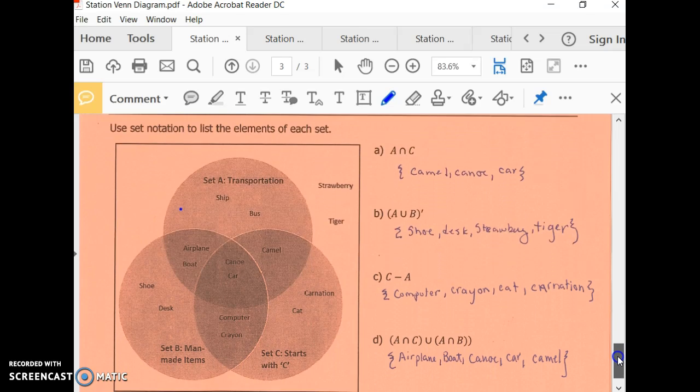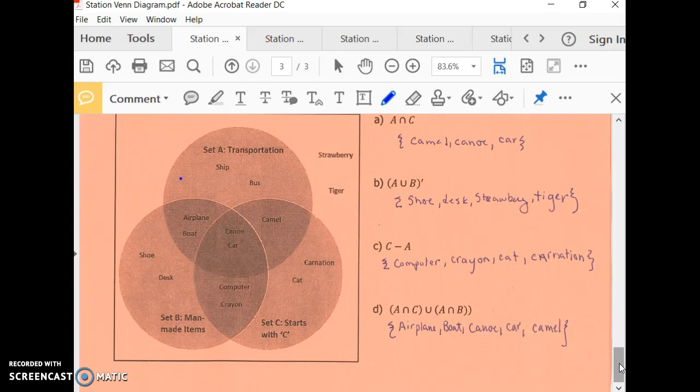Last one, but not least, here we go. A union C. Here's A. Here's C, where they overlap, 1, 2, 3, camel, canoe, car. A union B with the little thing, complement. Here's A, here's B, has everything on the outside of those two, so I got cat, carnation, tiger, and strawberry. So C minus A, so here's C